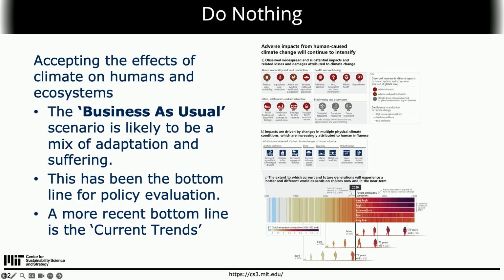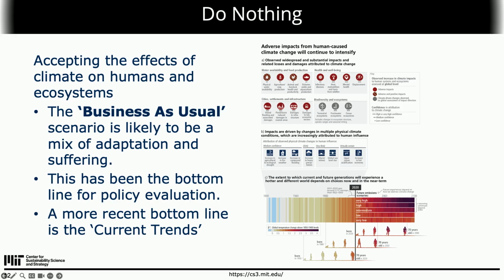This business as usual has become less popular in recent research, because now with the Paris Agreement, there are policies that have been implemented, and so assuming that we won't do anything about climate change is now wrong, but it can still be used as a bottom line for policy evaluation. And we'll talk about this tomorrow.